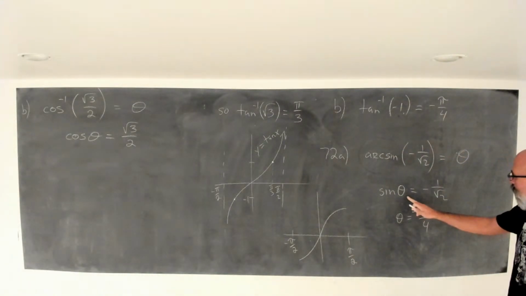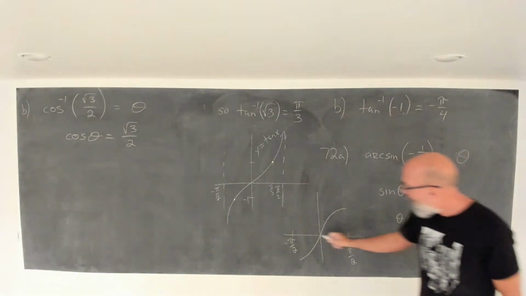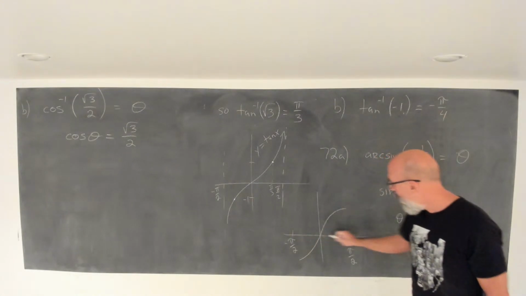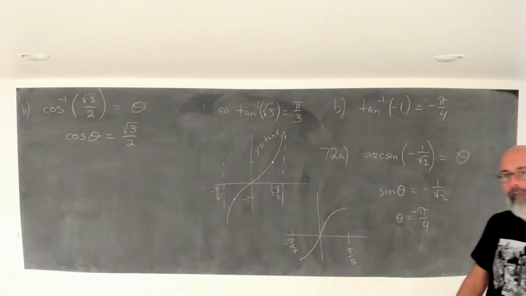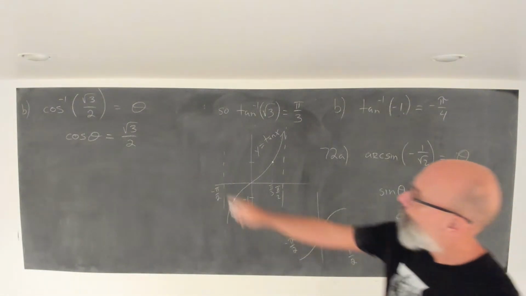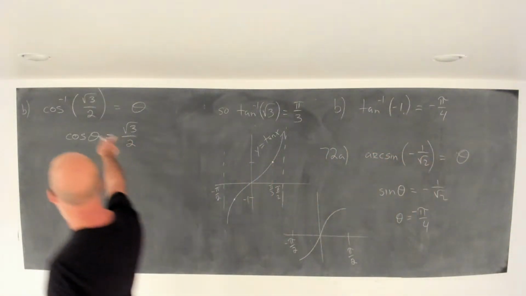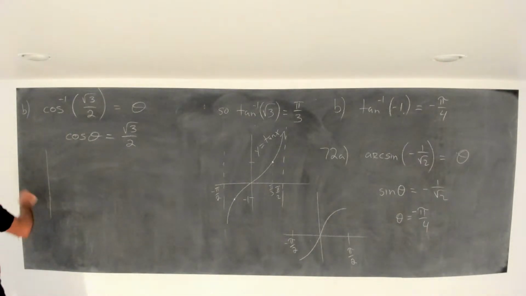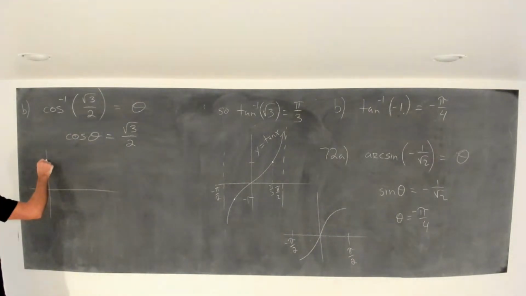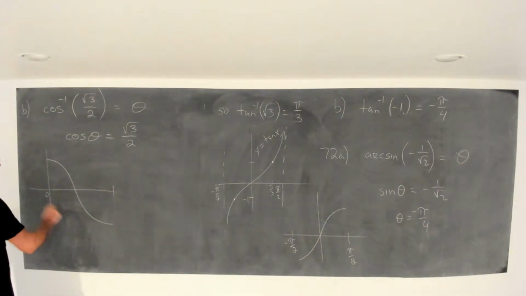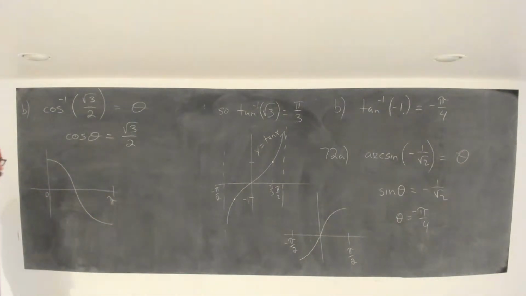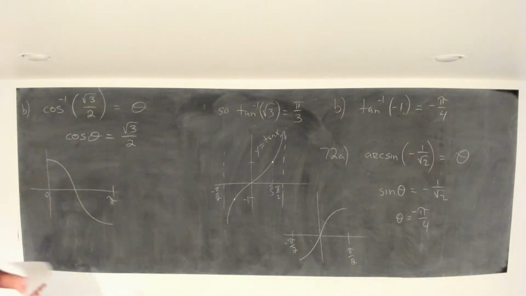So the answer had better lie in here. Again, with the cosine, you know what interval you're restricting your attention to. The interval is 0 to pi. So the answer